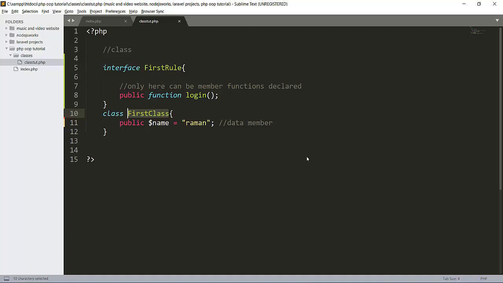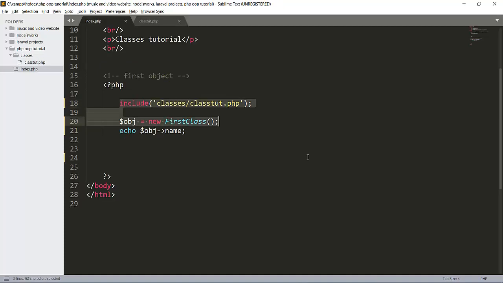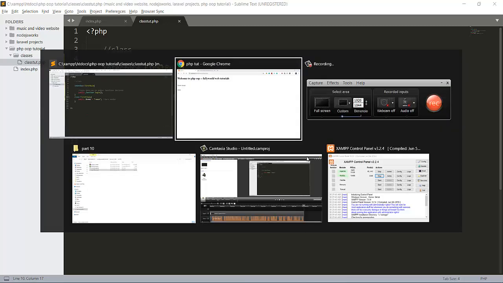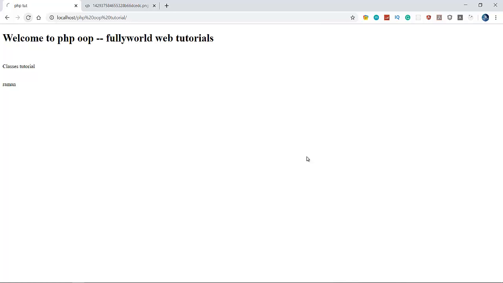So in test.php I included this class, created the object and echoed our property, but it is without implementing the interface. When I reload this, see that this is our output.